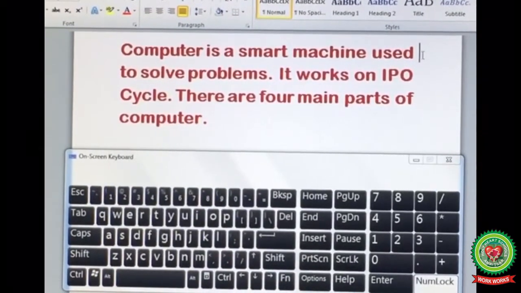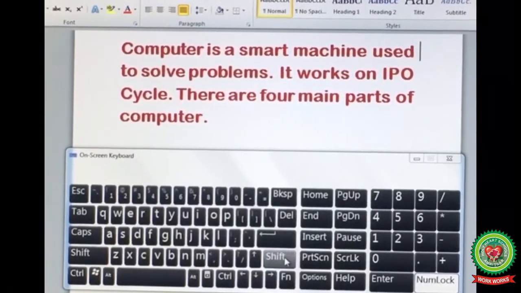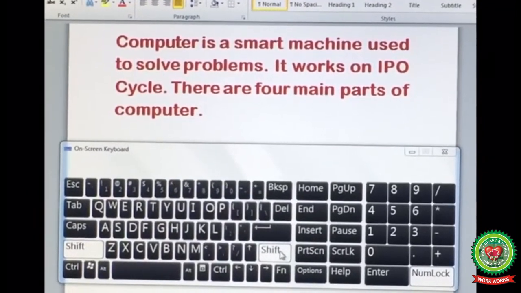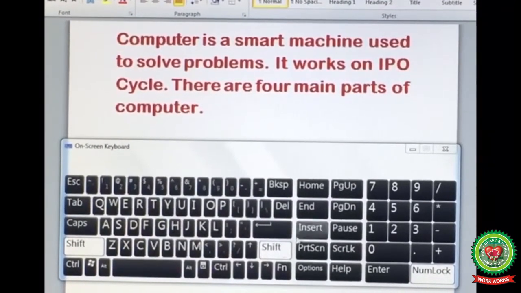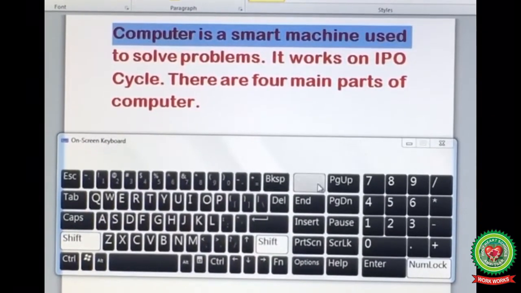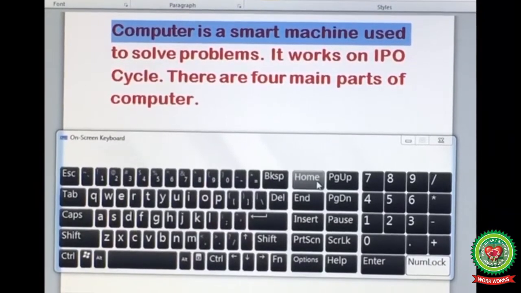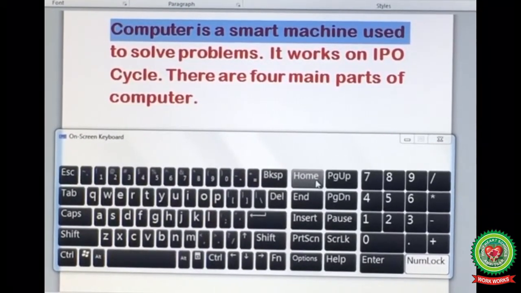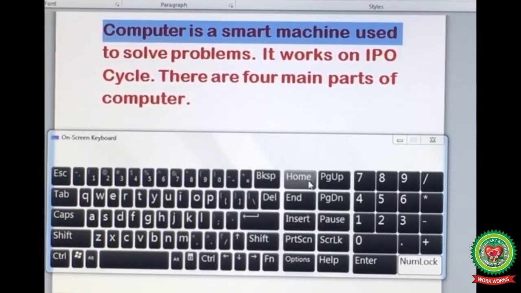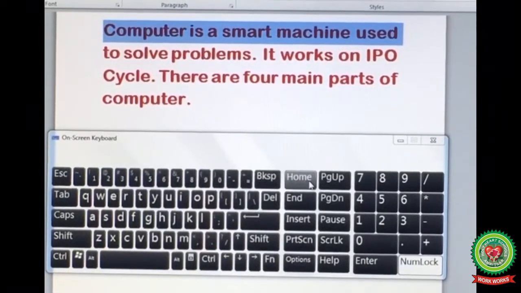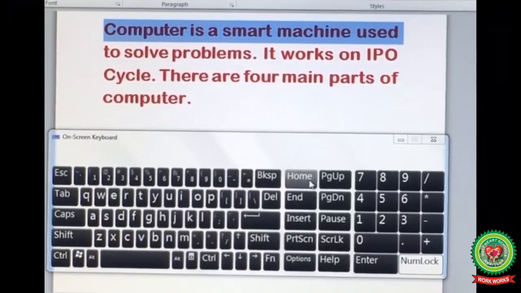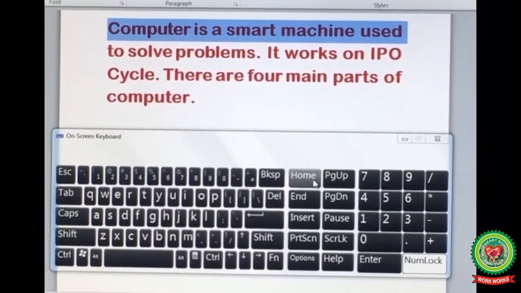After that, hold down the Shift key from the keyboard and then press Home key from the keyboard and you will see the line is selected. In similar way, you can select all lines using Shift plus Home key.